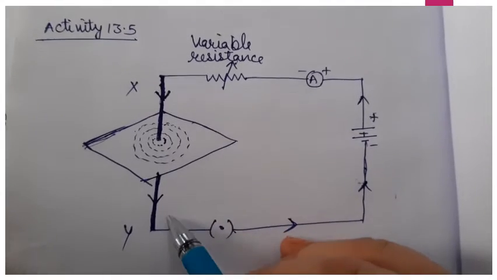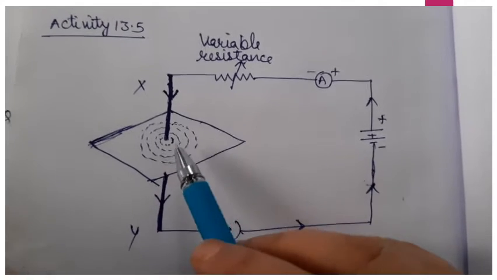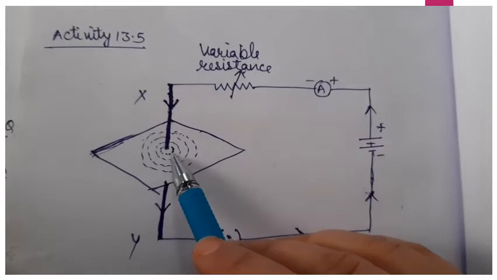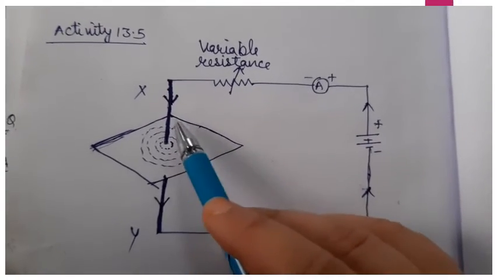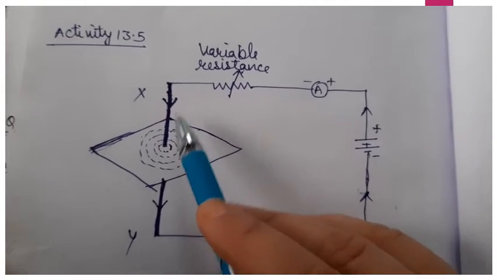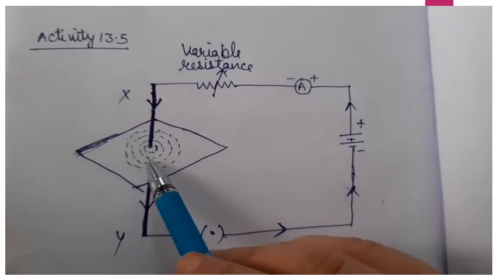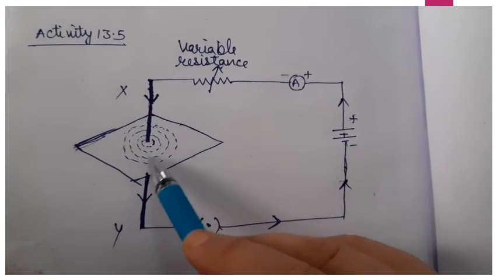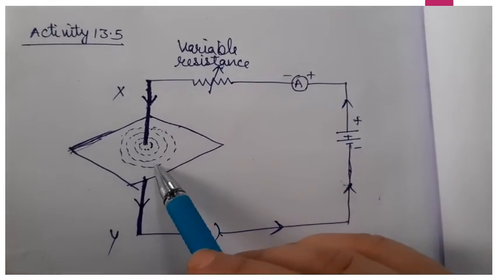It means that when current is passed through the wire, a magnetic field is generated due to which the iron filings are attracted towards the wire, and the pattern in which the iron filings arrange around the wire shows the pattern of the magnetic field of the current carrying wire. So this is how the magnetic field of a straight current carrying conductor XY looks. It is in the form of concentric circles, just the same way as the iron filings arrange themselves.